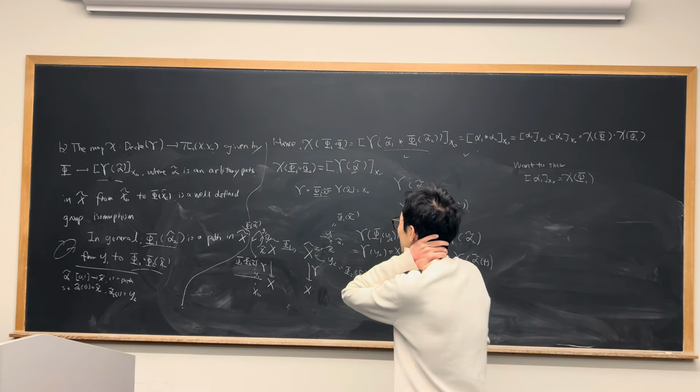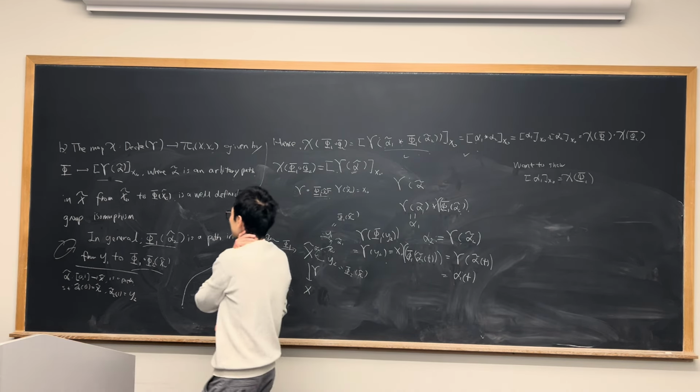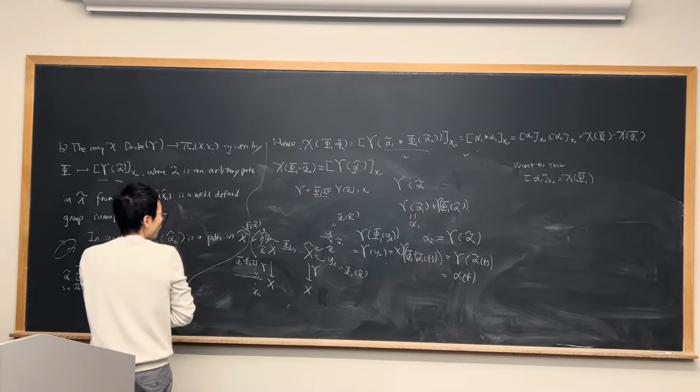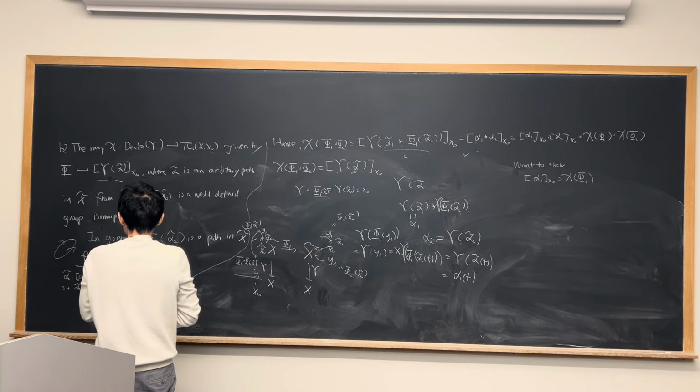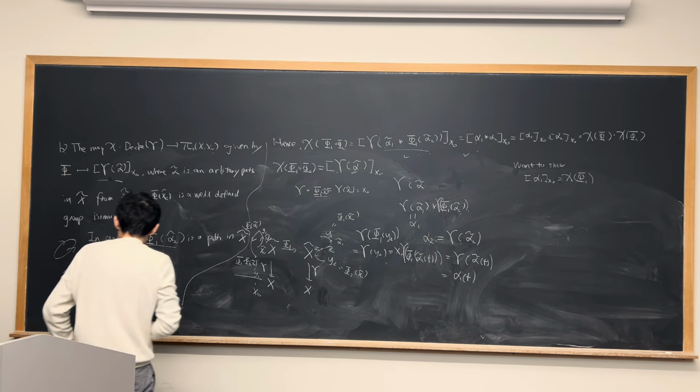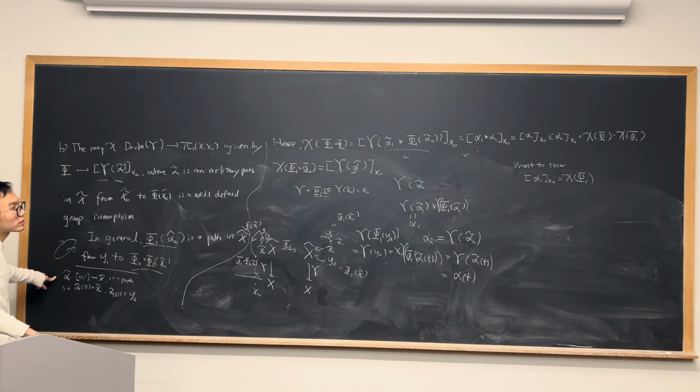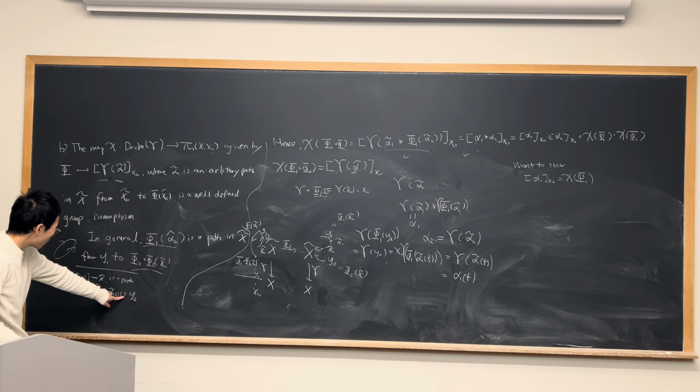So by definition, chi of phi 1 is equal to... oh yeah, so remember for the definition, this is the same thing for the alpha 1 and alpha 2, but for alpha 1 you have the initial point x naught tilde and endpoint at y1, which is